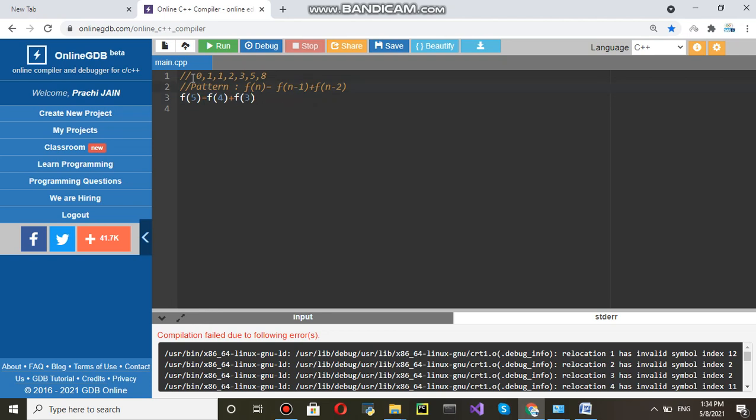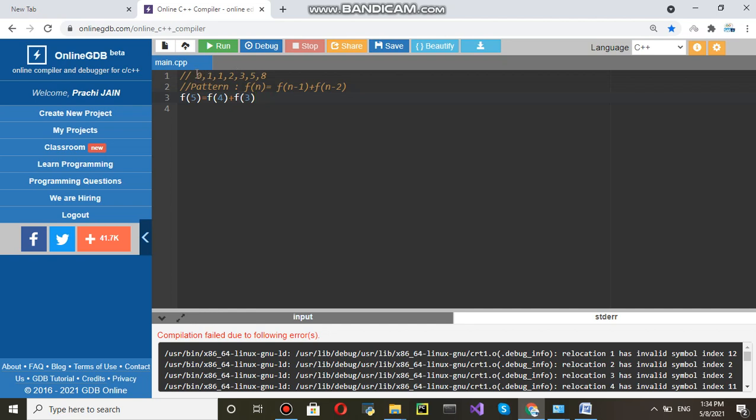So 0 is at index 0, 1 is at index 1, this one is at index 2, 2 is at index 3, 3 is at index 4, and 5 is at index 5, right?